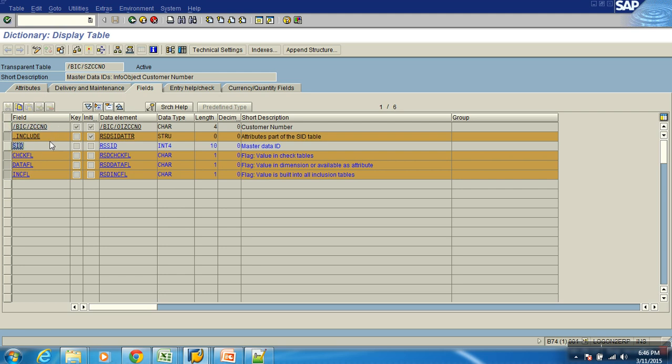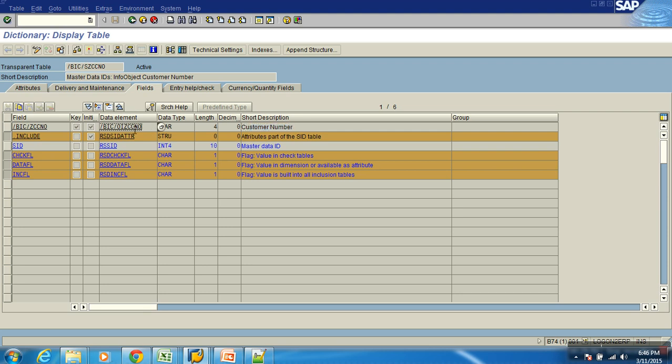So get inside, double click on this. Now you get to see the table here. Do you see the customer number column and the SID column? Now I'm showing the importance of the data element. I told you when you are using InfoObjects in the tables, you are using the structure of it. Structure means you have to know the length and data type. Does your data element know that? Does your data element know the structure, data type, length and description, all this?